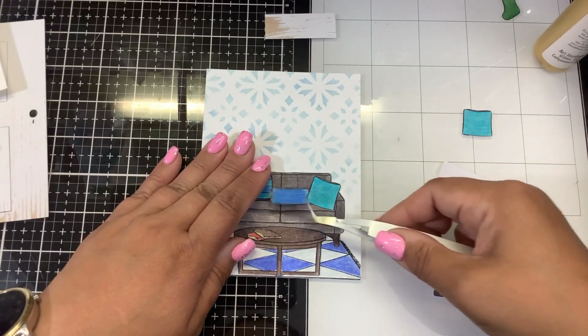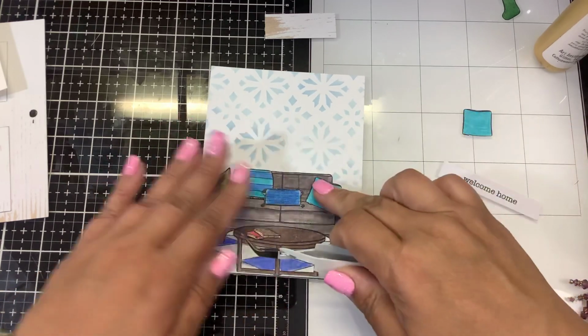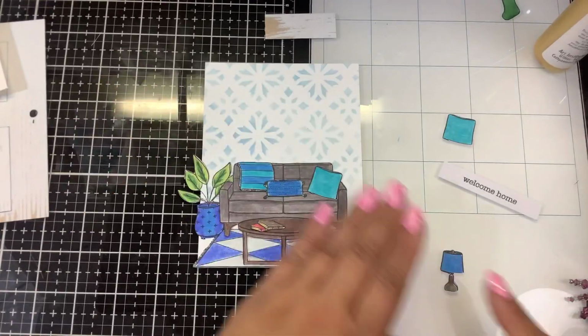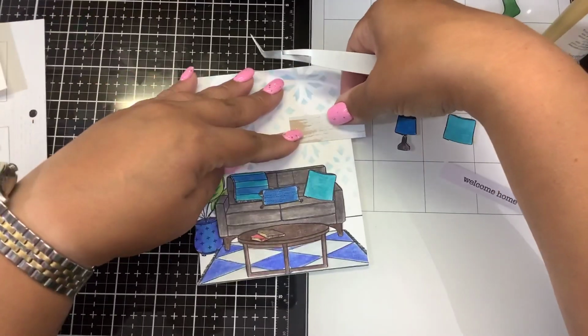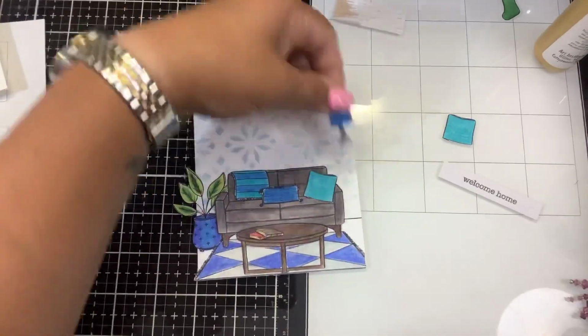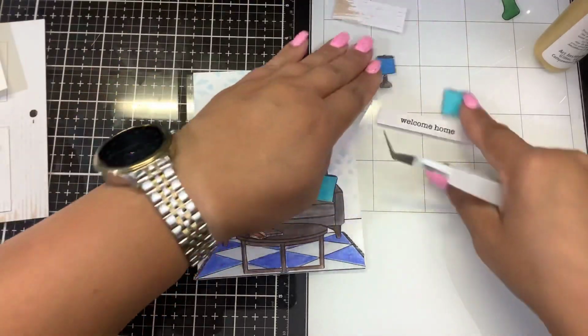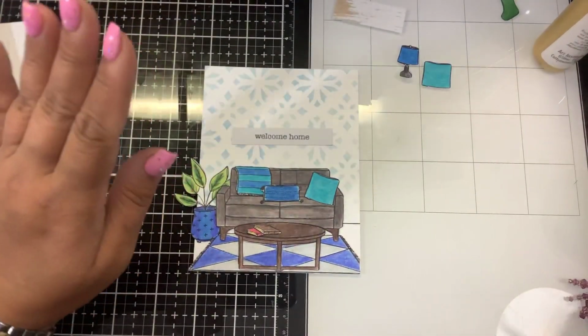Maybe we want that over the blanket. Okay, and then there's of course more. And then I don't know if this was the piece I had. I was going to do like a little wooden shelf with the lamp. And then I have this welcome home, and I thought, okay, well, yeah, that's cute, but